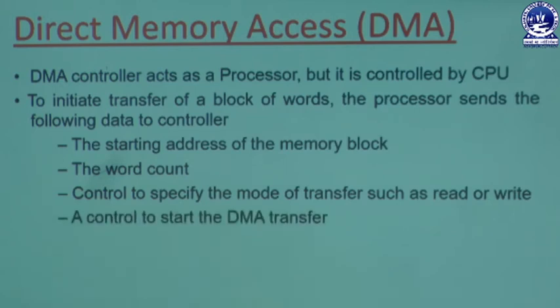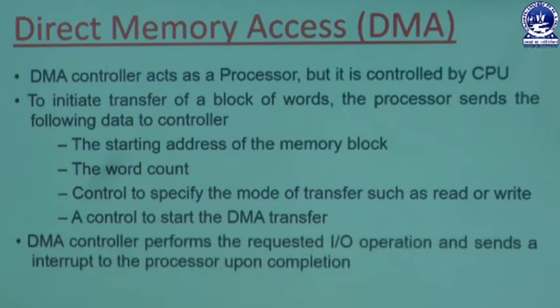The next one is a control to start the DMA transfer. So the processor has to give access to the DMA controller by sending a control signal to start the direct memory access data transfer between the input output device and the memory. Then the DMA controller performs the requested input output operation and sends an interrupt to the processor upon completion. So the DMA controller performs the input output operation by acting as a processor,